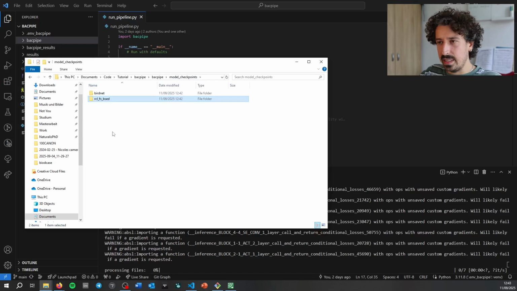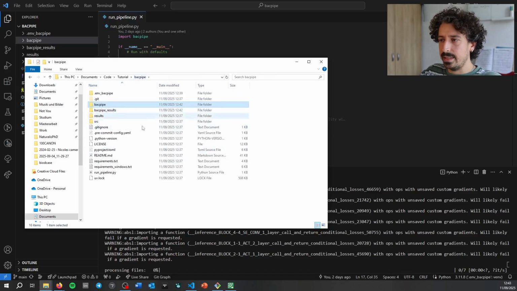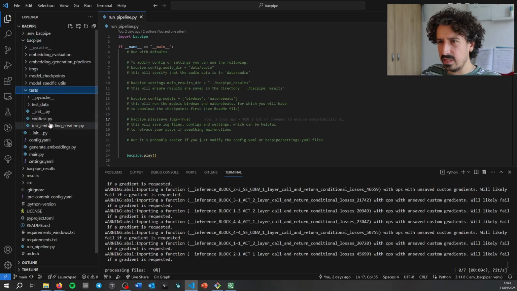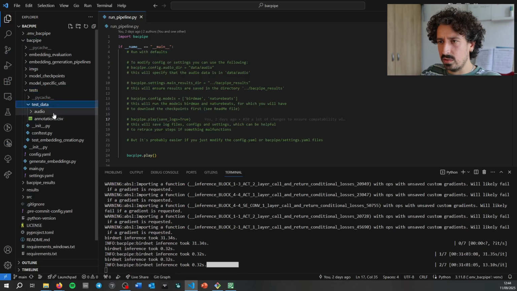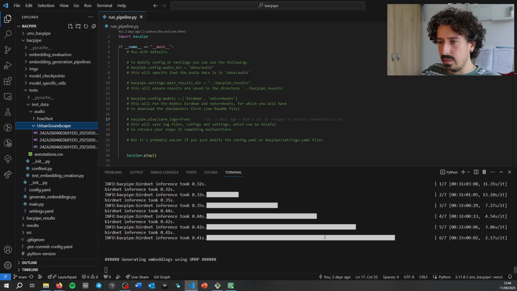But like I said, we're still in the testing stage here. We're still making sure that everything just runs the way it should. And this folder here will get created automatically when all of this runs. Now it's starting to process files. It's using files that we saved in the bacpipe repository. We have this tests folder, and inside the tests folder we have test data and audio, and there are two folders with some audio files in there, and so BirdNet just produced embeddings for these audio files,